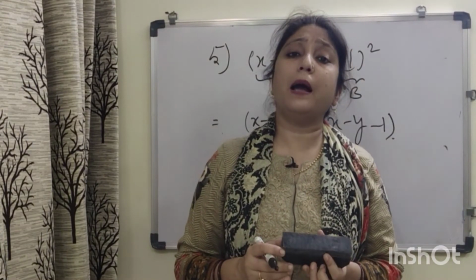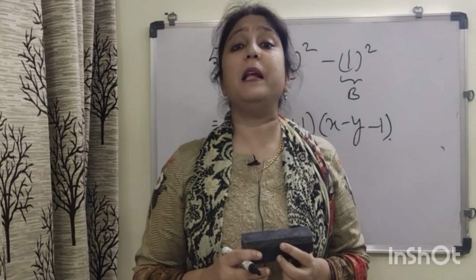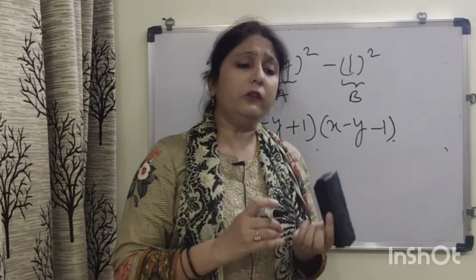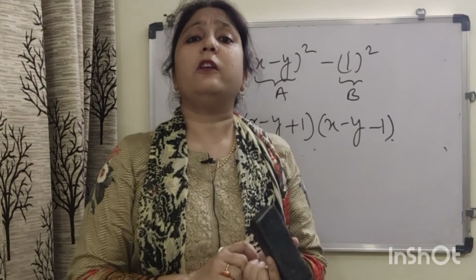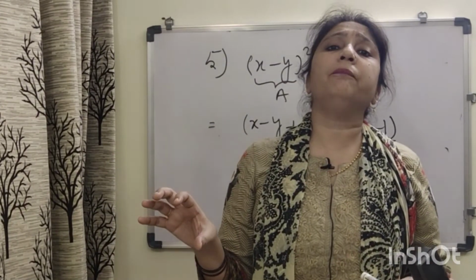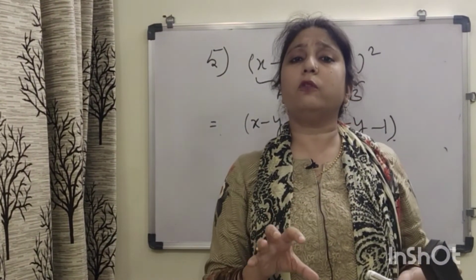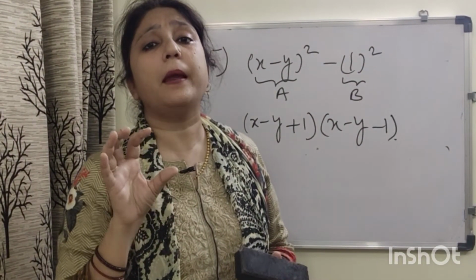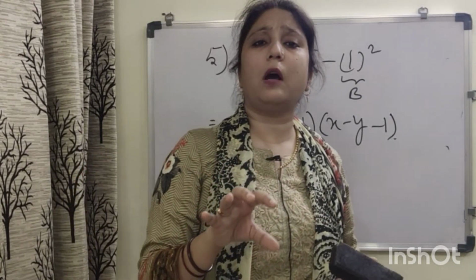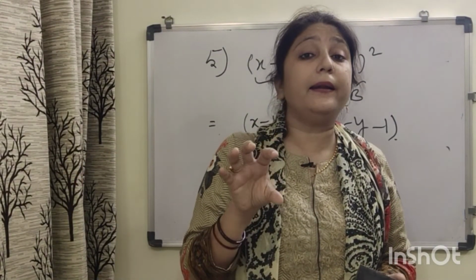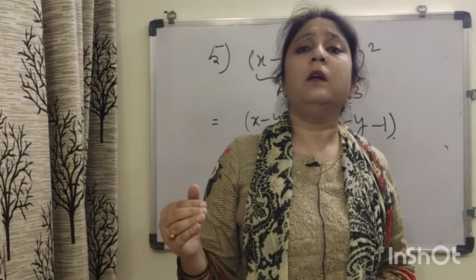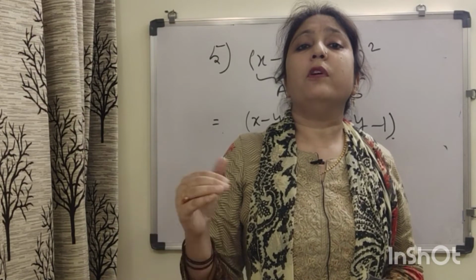I hope I am clear why the placing of the binomial is very important to be checked, because when we write the expression in factorized form using the identity A square minus B square, this minus sign or plus sign plays an important role because of the minus outside the bracket of the identity A minus B. It changes the sign of the binomial's second term when you write the term A minus B.